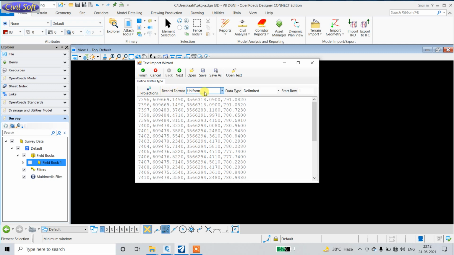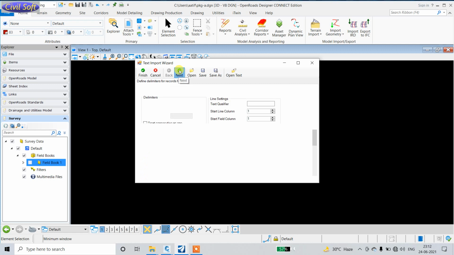If it's non-uniform, then you have to use the non-uniform option. But it's uniform, so I used uniform. Use delimited. Click on next.